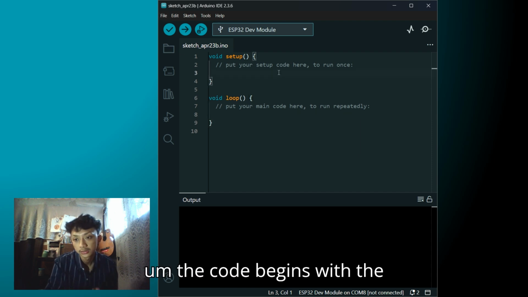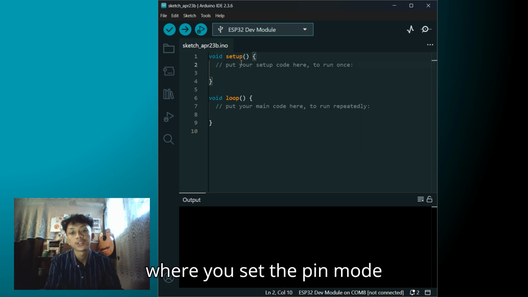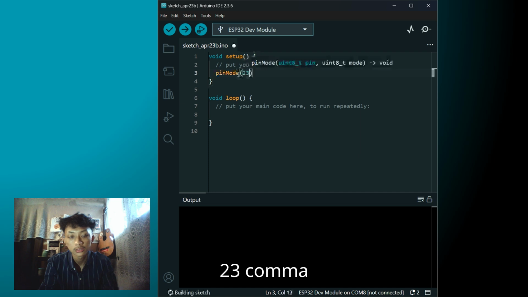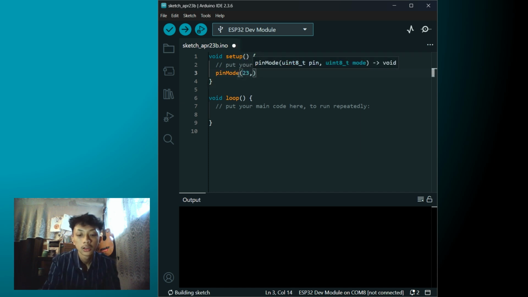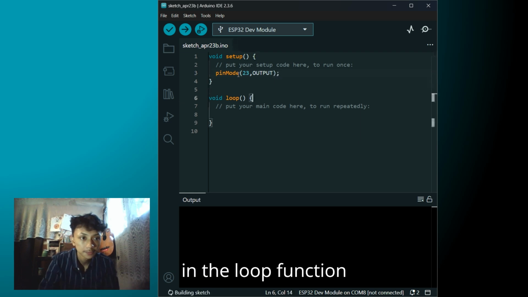The code begins with the setup function where you set the pin mode. pinMode(23, OUTPUT);